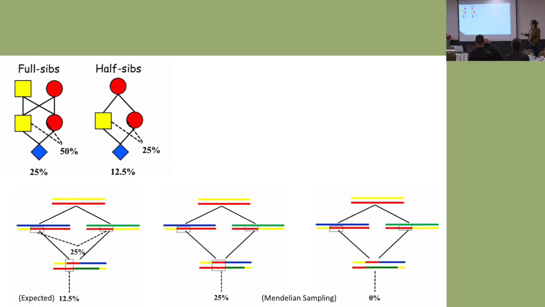You've got full sibs, so brother, sister. They're supposed to share 50% of their DNA. And a half sib, which is pretty much the pedigree structure that we have in dairy cattle, they're supposed to share 25% of their DNA. Okay? That means that this animal here is 12.5% inbred if these two mate.